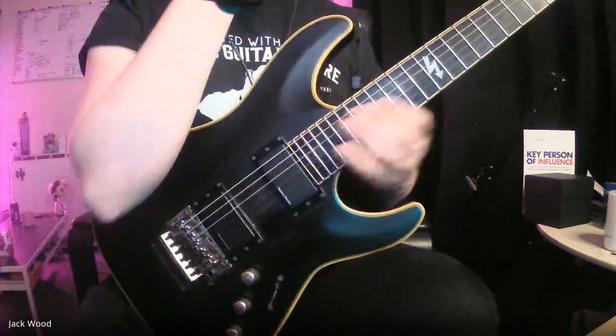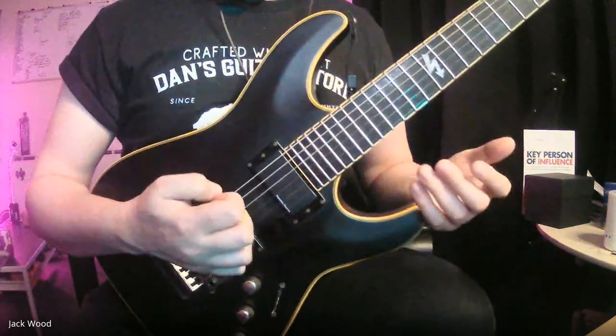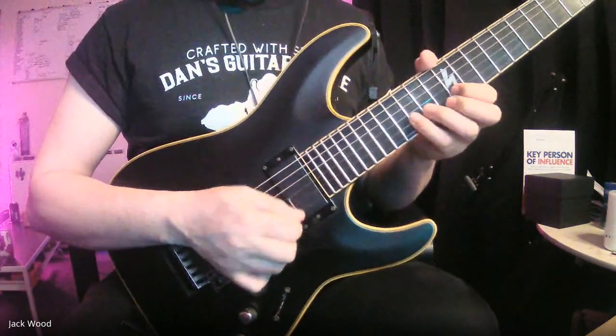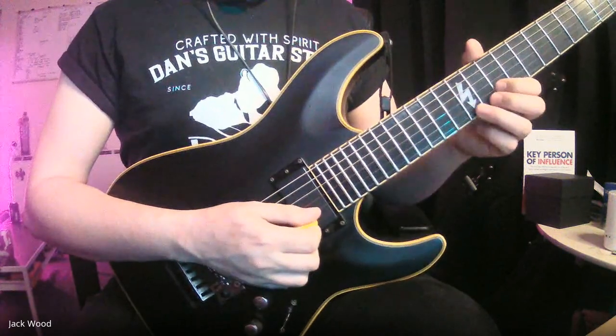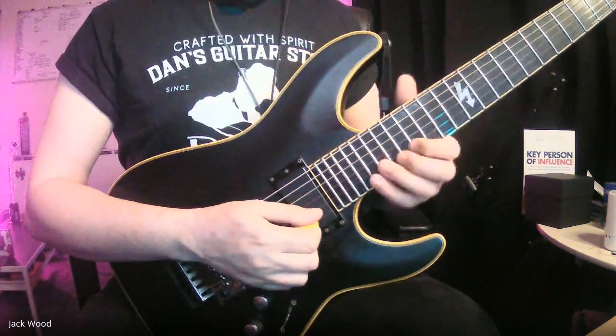What we're going to do is take the high end and use the open strings and slide between the notes that we know are already in the scale. So we're going to take 0, 12, 15 on the B, 0, 12, 15 on the E, and then 0, 10, 12 on the B, and same on the E. So that's going to give us...